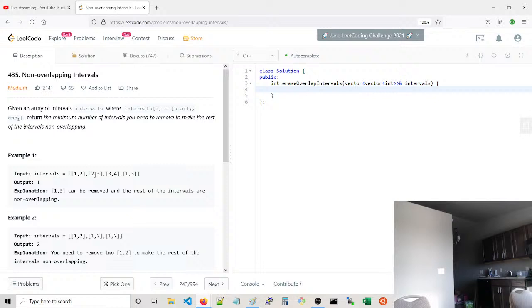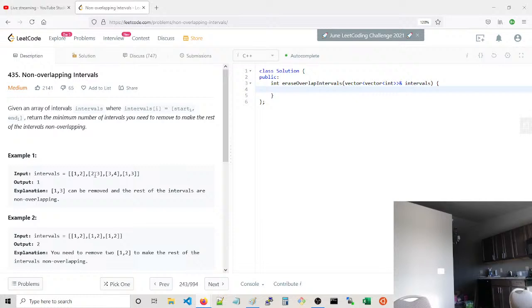You want the minimum number of overlapping intervals that you can remove in order to have only intervals that don't overlap. Okay, so that's interesting. Well, if you have 2 overlapping intervals, you've got to remove one of them, certainly. If you have 3 overlapping intervals,